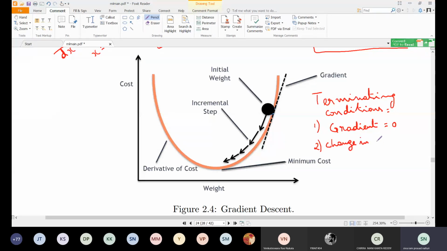Change in cost between cost in ith iteration minus cost in i plus 1th iteration. If this change is very, very small, means less than or equal to a threshold. Threshold అంటే మీరు సెలెక్ట్ చేసుకున్నదండి. If the change in the loss is less than or equal to a threshold value,